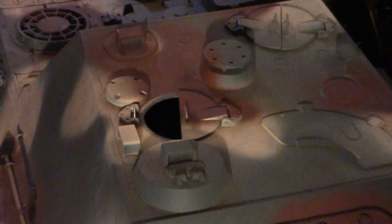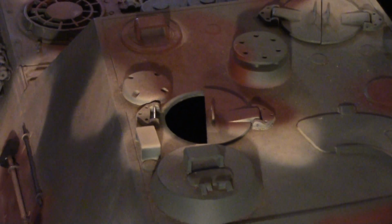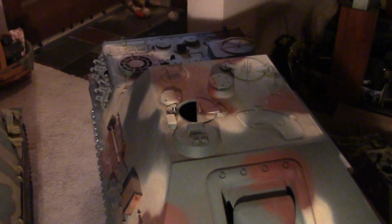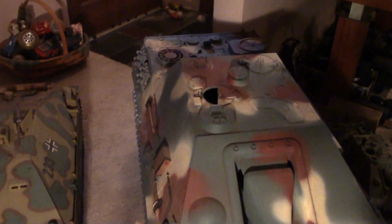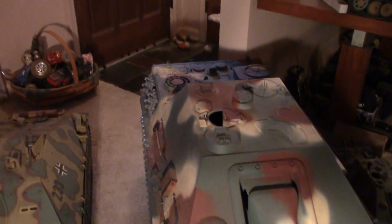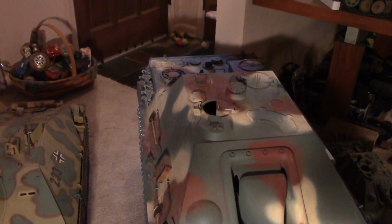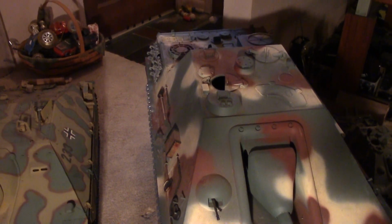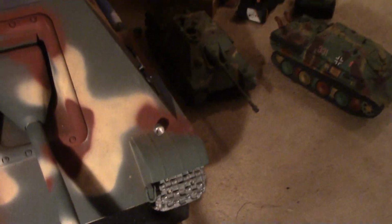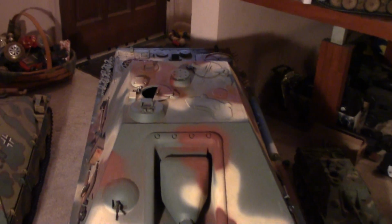I'm thinking I might get with a buddy of mine that owns Armortech and see if he can get me a hatch from Armortech. I don't think Armortech will sell one to me because I've never bought an Armortech, and with them, pretty much if you've never bought for them, you can't join their forum, and they pretty much don't even want to talk to you unless you're a customer. But I got enough friends that I should be able to get that. I need the hatch, and I also need a headlight, because you can see on this one the front cover is missing. With this tank, pretty much what you see is what I've got, except for the spare track links,